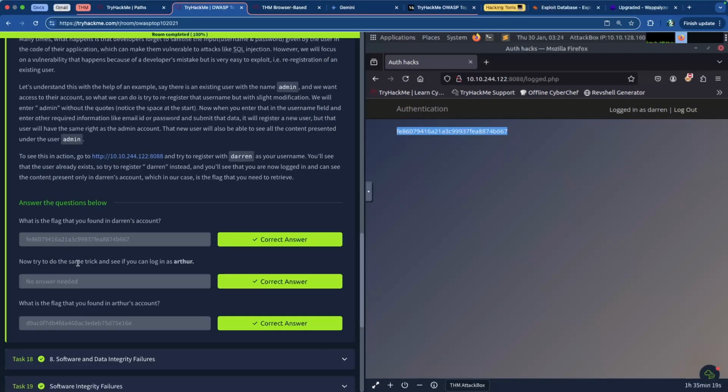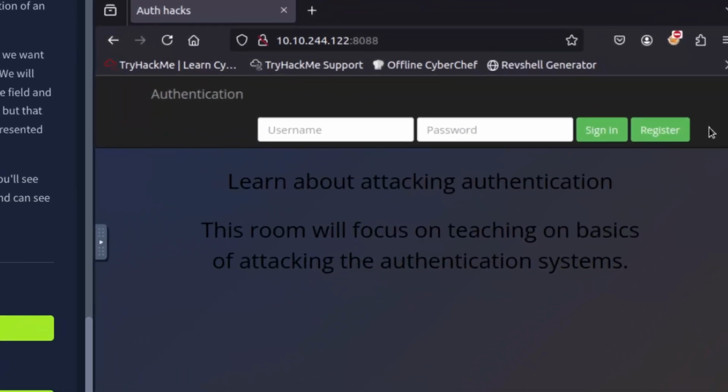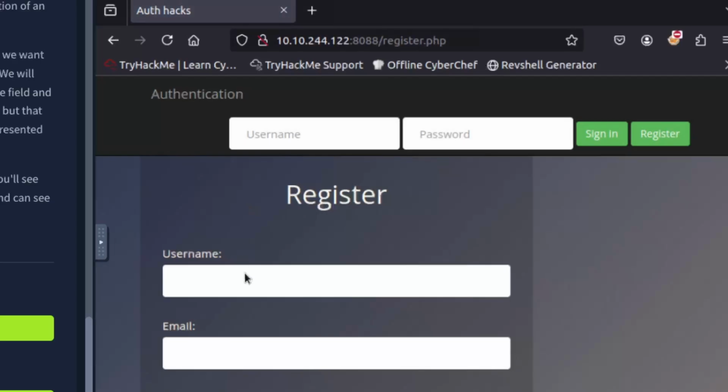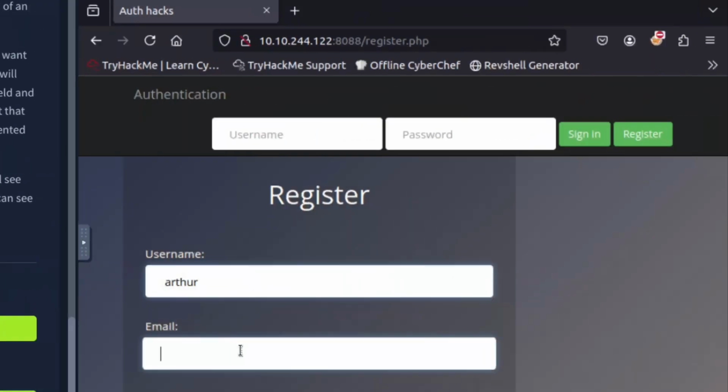So now it says, now try to do the same trick and see if you can log in as Arthur. What's the flag that you find in Arthur's account? So we're going to log out again, and we're going to go through the same thing, except this time I'm actually just going to put a space in front of Arthur, like that, right? That's what we want. Yeah, Arthur. So there we go, Arthur, and then we'll do